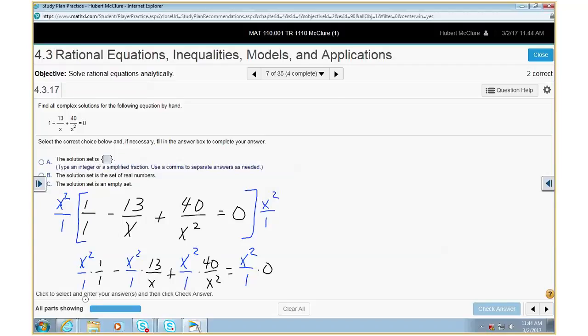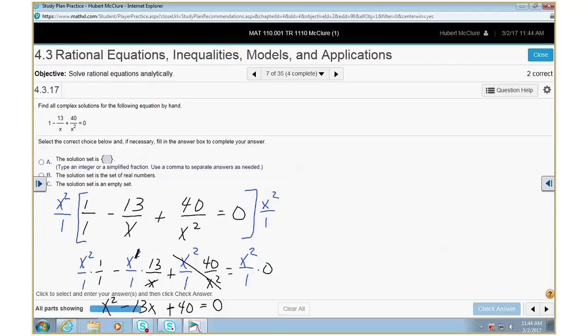X squared over 1 is x squared. What happens here? This x cancels with one of these x's, and that leaves 13x. What happens here? Plus 40 is equal to